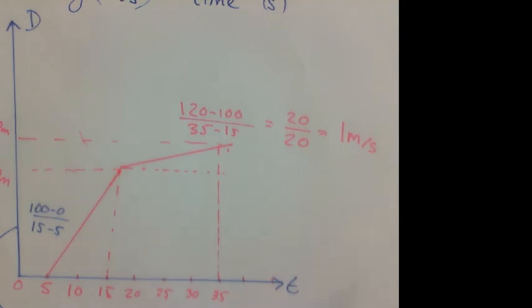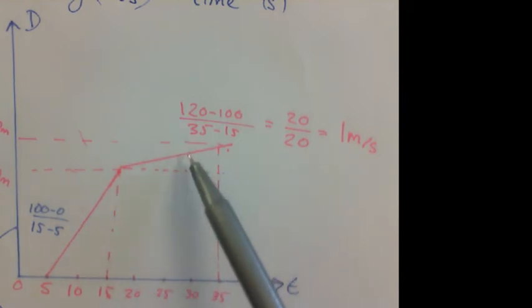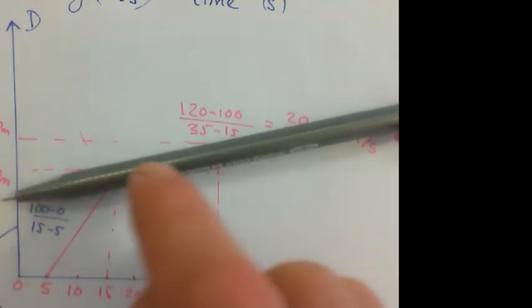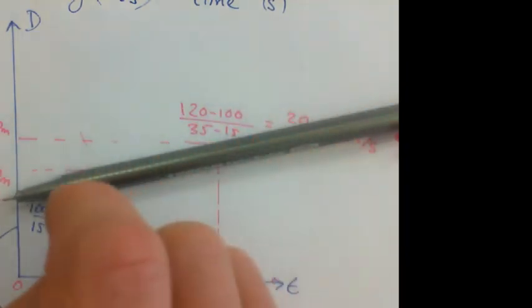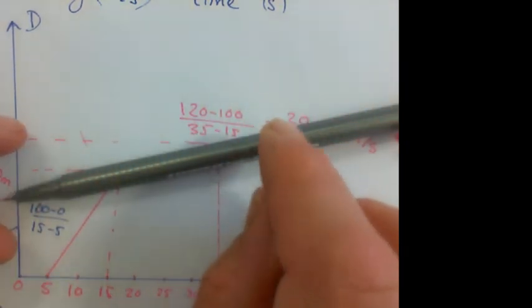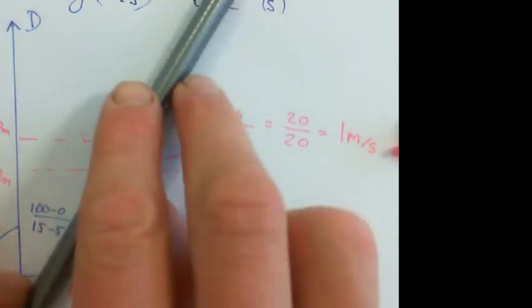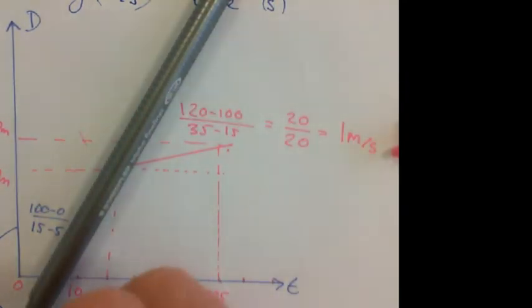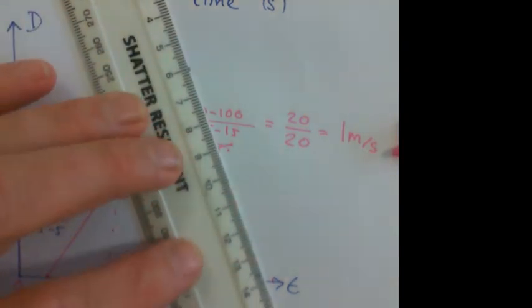So here I'm going 10 times slower than I am here, so my gradient is 10 times less steep, and that's the gradient, it's just how steep my line is, so how fast is it going up. That is 10 times less steep than this one, which is going up a lot faster, because I'm travelling a lot faster. Okay, and then if I head home after doing my lap of honour,